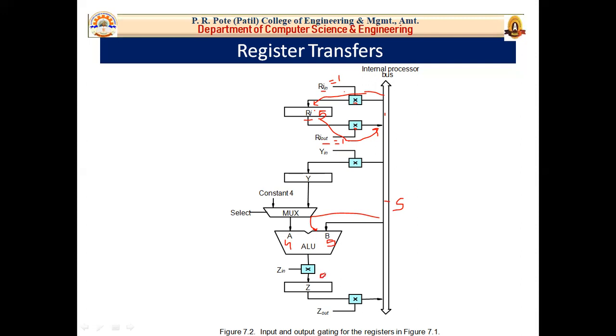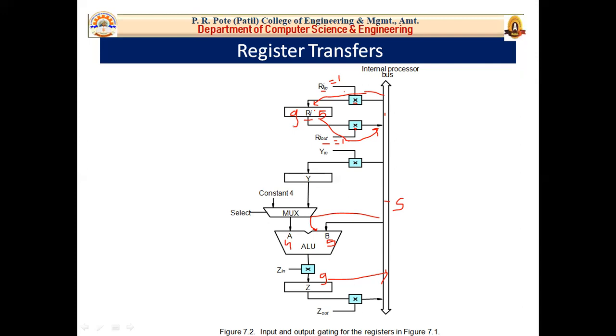Now this 9 is stored to this temporary register Z. Now we will load that 9 again onto the processor bus. Now our processor bus is holding 9. And whenever this Ri in is 1, we can store that 9 into the register Ri. Okay, now you are getting the point how this arithmetic and logic operation is performed. So similarly, when Ri out is set to 1, the contents of register Ri are placed on the bus, and while Ri out is equal to 0, the bus can be used for transferring data from other registers.